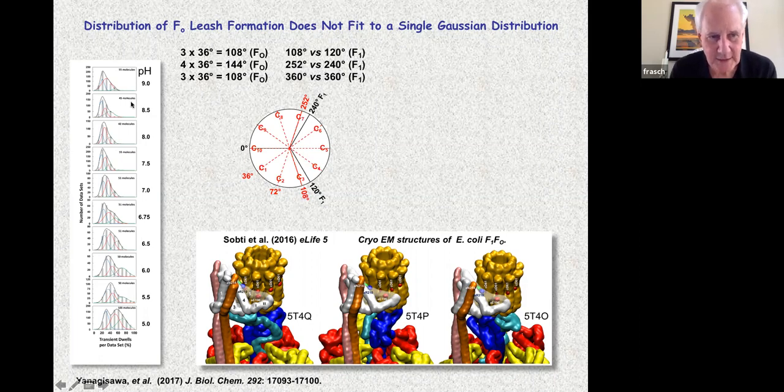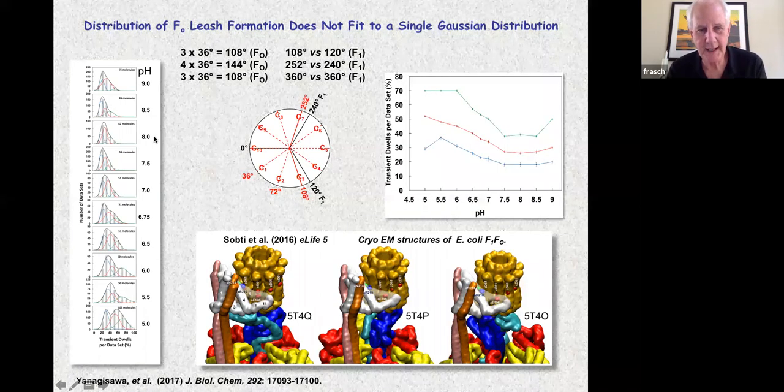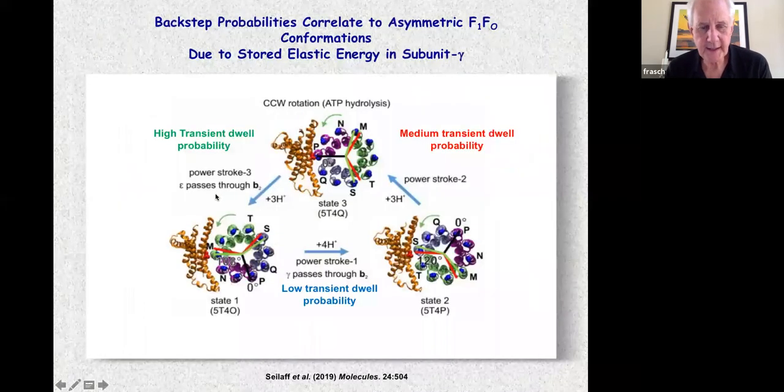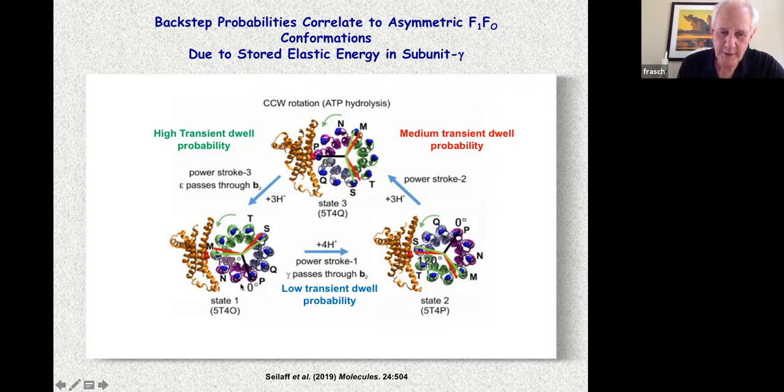So we take these distributions and we plot those, and we see we still have pH dependence. And now we have a low probability, medium, and high, 3 bears, and that fits with this. So once these structures came out, we hypothesized, looking carefully at the 3 structures. Remember that for each 120 degree step, you got 10. So we're going to have 2 3-step, 1, 2, 3, 1, 2, 3, but then this one's going to be